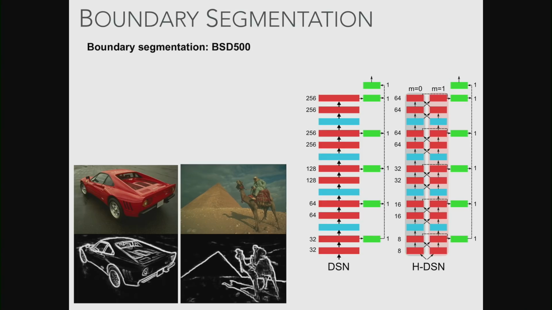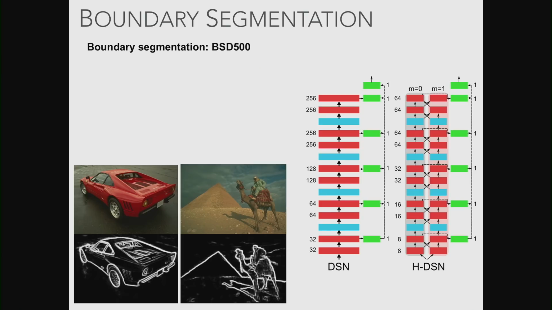This is useful, say, if you've got a robot which is trying to find its way through a landscape where it's never seen any of the objects before. Someone's always said to me, why don't you just use semantic segmentation? Semantic segmentation is basically where you associate a class with every single pixel. Well, that only works if you've seen this scene before. If you know what a car is, or what a pyramid or a camel looks like. If you've never seen one of those things, then boundary segmentation is a great way to get a rough idea of the geometry of the scene you're living in.